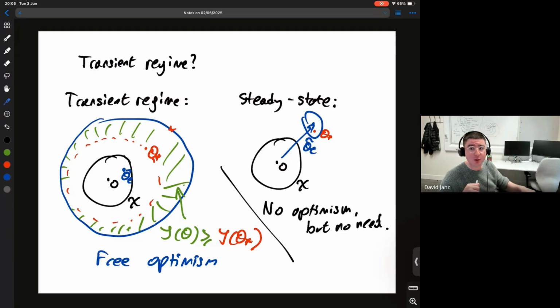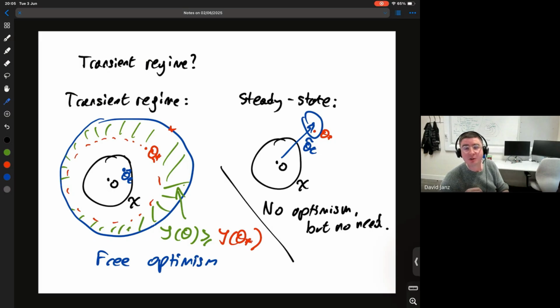But really, we don't actually use this in the proof. You could think of it as a separation, but really what matters is that you have steps on which you have some probability of optimism and steps where you don't. The steps where you have some probability of optimism include the transient regime, and these steps you can basically forget about. Optimism deals with them. So all we need to do is bound the regret on the steps where you don't have optimism, and on those steps you need to do the sort of proof that we've done so far.